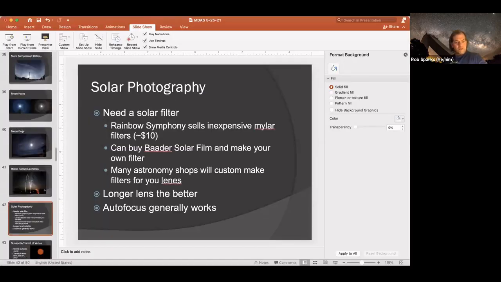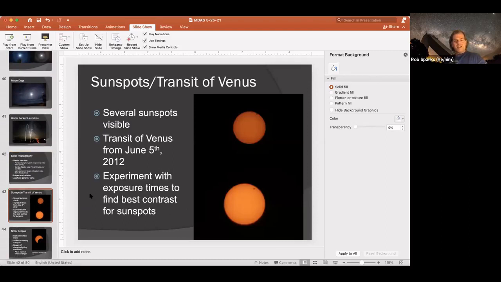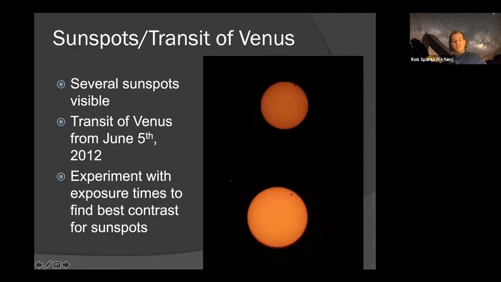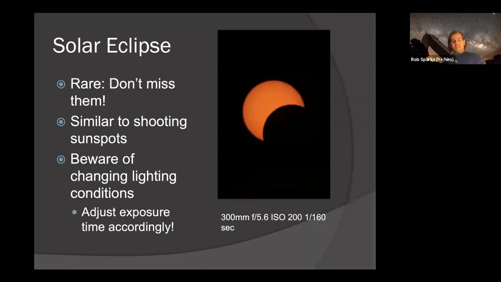I do have a few more solar pictures here if we want to take a look at them. Actually, I can skip to this one here. Let's skip that slide. I did the transit of Venus, of course, back in 2012. In 2005, I did not have a camera capable of doing the transit of Venus yet. DSLRs were still very expensive, and I was not shelling out that much money for a DSLR at the time. But in 2012, this is my first DSLR, my old Canon Rebel XTi, not my current cameras, but still good enough to get the transit of Venus.